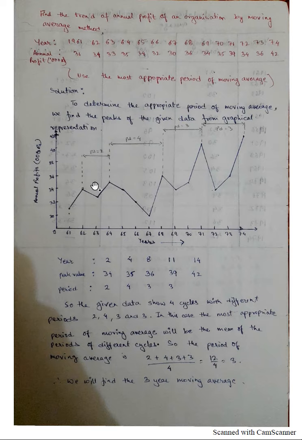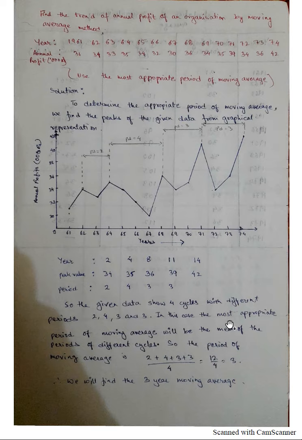The duration of one cycle is 2 years, the duration of the other cycle is 4 years, the duration of this cycle is 3 years, and the duration of this cycle is 3 years. So it is written here, period is equal to 2, period is equal to 4, period is equal to 3 and period is equal to 3. So let me repeat it again. From one highest peak to another highest peak, you have one complete cycle. The duration of this cycle is 2 years, so the period is 2 as shown here. The duration of this cycle is 4 years, so 4 year. So duration of this cycle is 3 years and duration of this cycle is also 3 years.